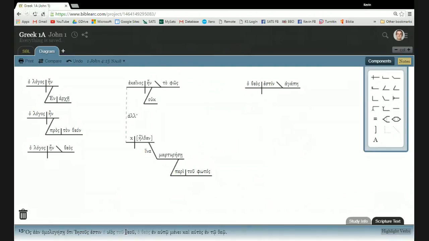So here, within the speech, is an occurrence of estin, and the subject would be not ho theos, the subject will be Jesus. So Jesus is,